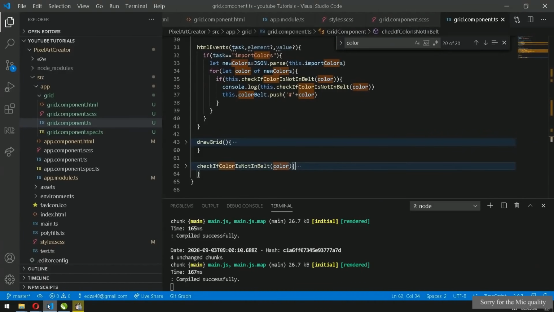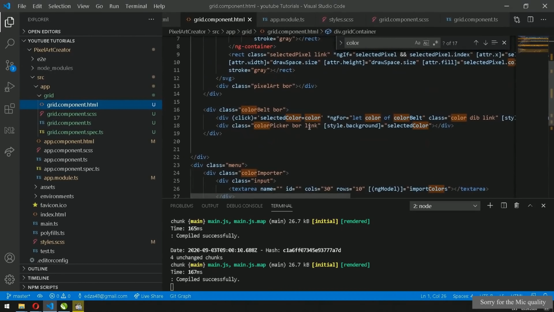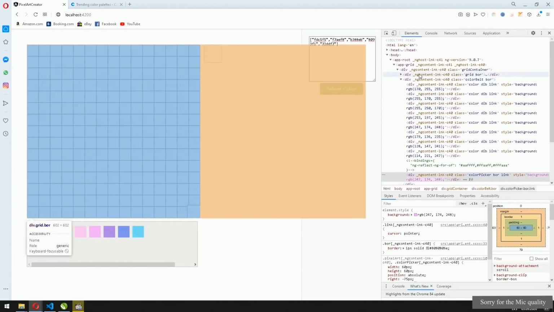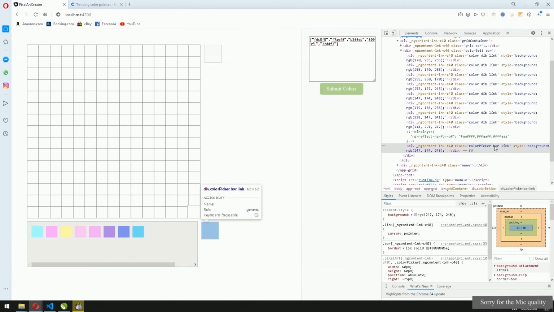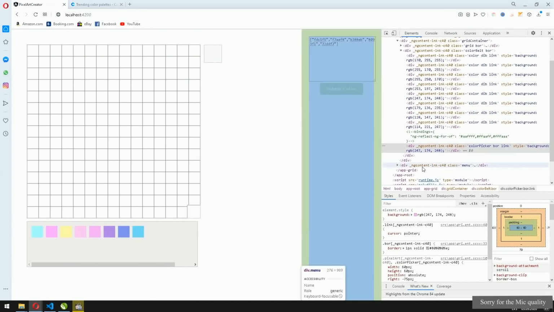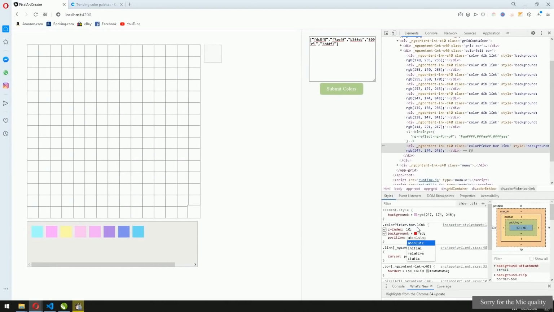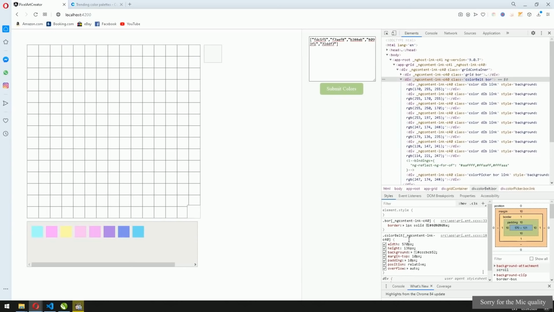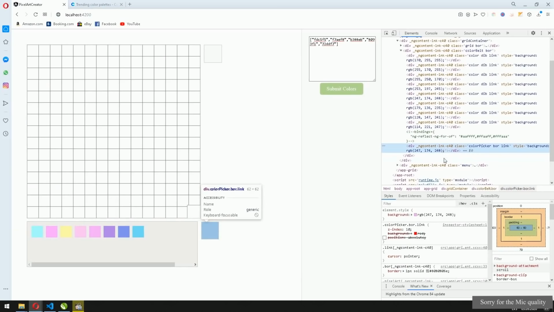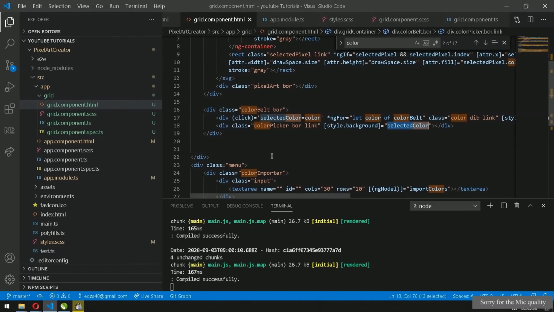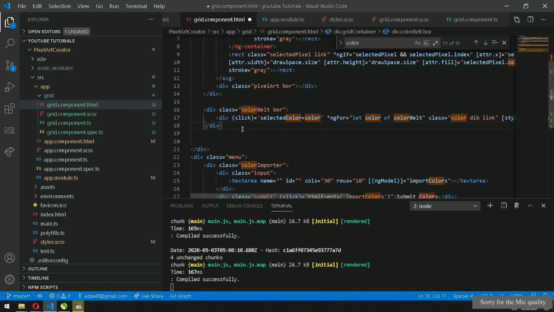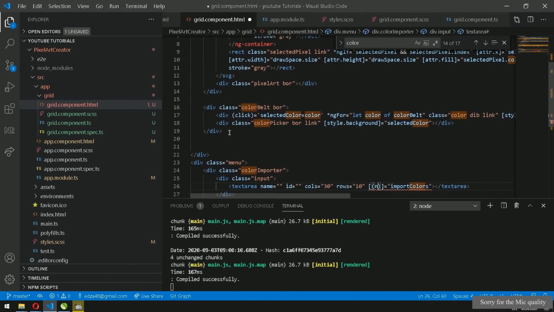Where did our color picker go, it just disappeared. Oh, it's here, it's just invisible. Okay, why? Color picker, we have border on it, and background is selected color. Background, it's like it's hiding somewhere, I don't know why. Okay, it's color picker. It shows it is right here, but it's not showing anything. It's because I made it overflow. Okay, so if it's overflow, then this absolute doesn't work because it's hiding in that overflow. I need to take it out and